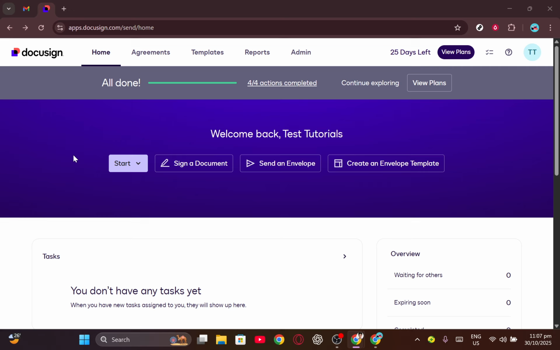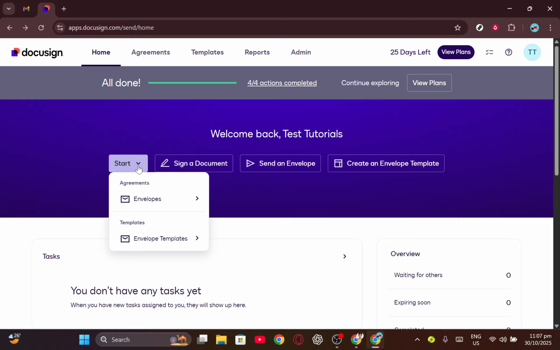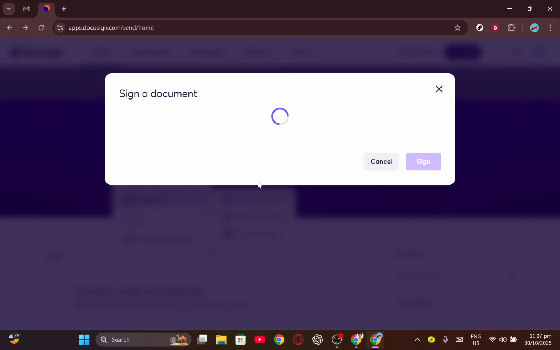Next, look for the Start option. It's typically found on the upper part of your screen. Clicking on Start will present you with various options for initiating document processes. You'll want to select Sign a Document. This option allows you to begin the process of either signing a document yourself or preparing it for others to